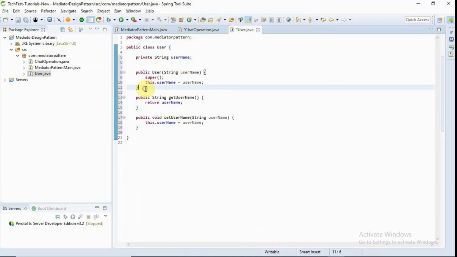This one is the constructor. One more method we will define here is used for sending a message.